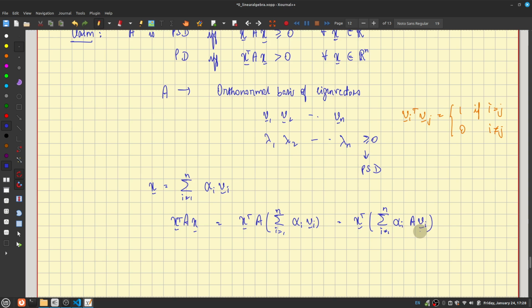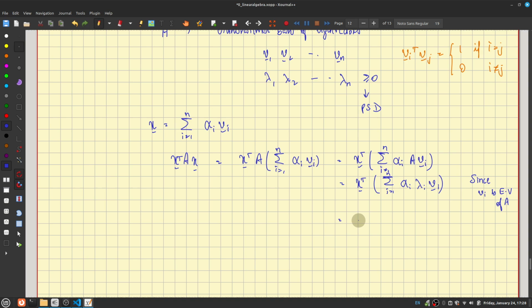right? But what is Avi equal to? x transpose. So this is summation i equal to 1 to n alpha i, Avi is nothing but lambda i vi, since vi is an eigenvector. Right? Okay. Now let me also write down x as summation i equal to 1 to n alpha i vi. What I get is summation, let me say j equal to 1 to n alpha j vj transpose times summation i equal to 1 to n alpha i lambda i vi,